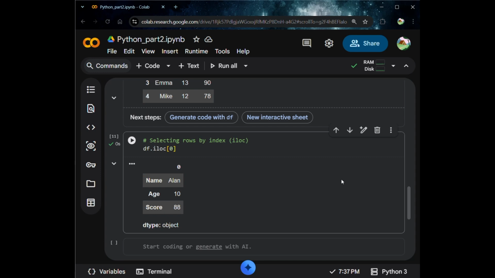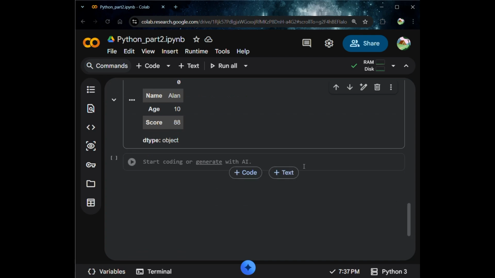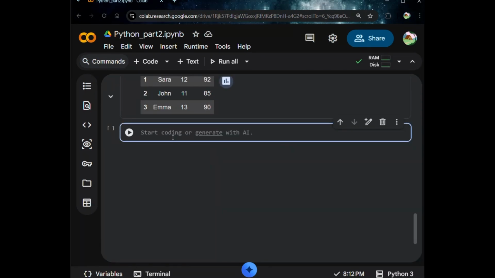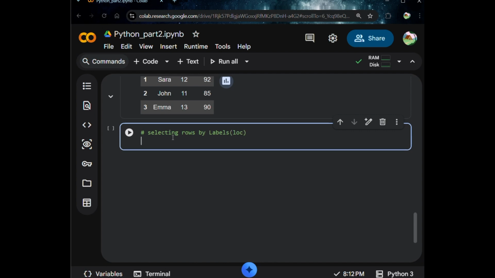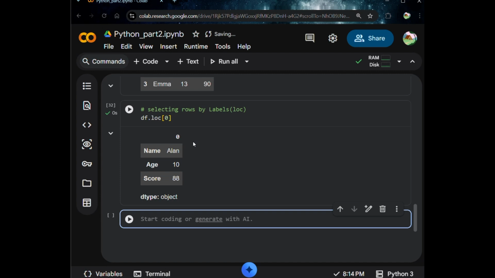Now we just do selecting multiple rows. For that, we just write df.iloc, then a square bracket, 1 colon 4. Now this selects rows from index 1 to 3 and the ending index is not included here, and it's just like Python slicing as we learned before, okay? So all these tiny codes are too easy for you. So we can move to something confusing, that is